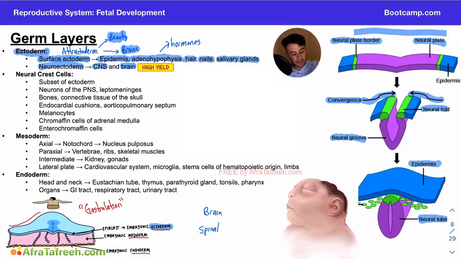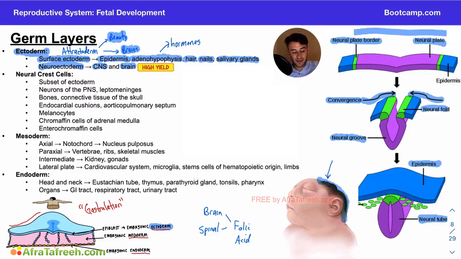I want to mention that during this time, both of these structures are really reliant on folic acid levels. Folic acid levels are super important for neural tube closure. So when patients don't get enough folic acid during pregnancy, they are going to have fetuses that have neural tube defects. A neural tube defect we're pointing out here is called anencephaly, and you will notice that this fetus is missing a portion of its brain, skull, and overlying scalp,